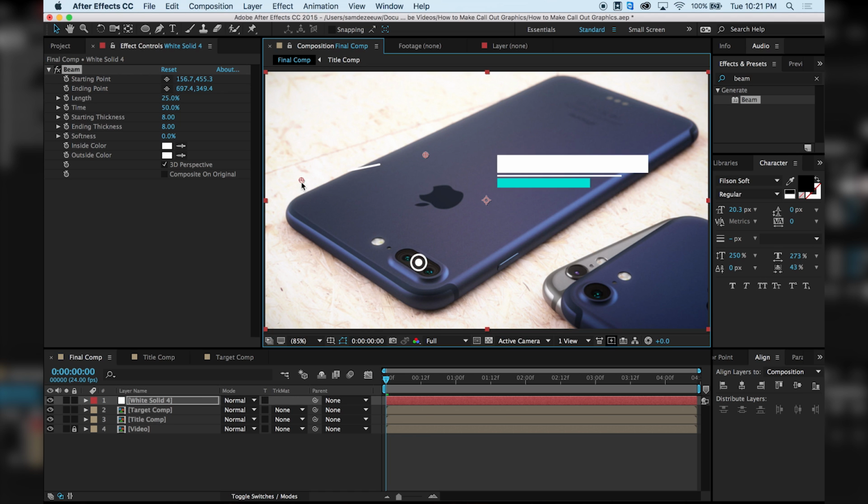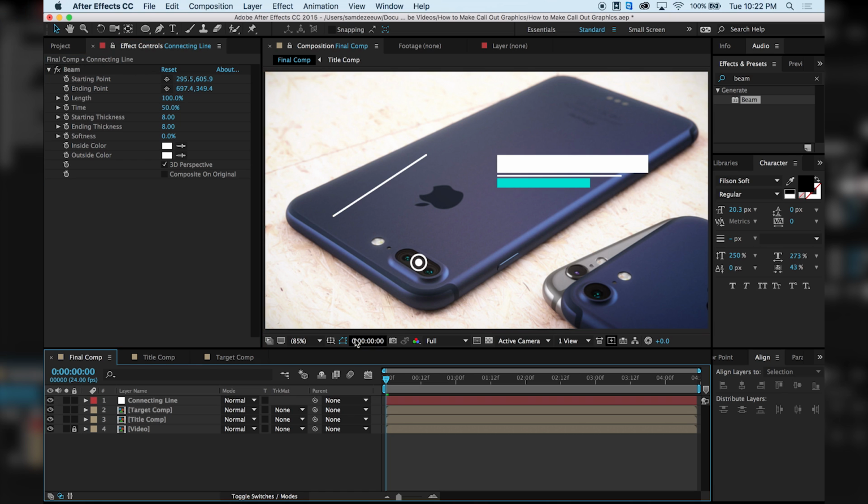So I don't want to get into that just yet, but you might notice that this line isn't full. That's an easy fix by just going up to length and dragging that baby up to 100%. All right, so what I actually want to get into now is connecting